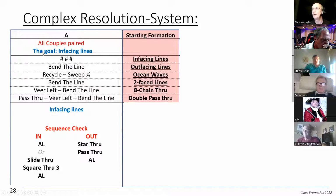When all couples are paired, the goal is a facing line. Of course, you can have a two-phase line. Here is my starting formation. I have a lot of starting formations. Of course, the two-phase line and the bender line are the same as in the system before. But if we have in-phasing lines or ocean waves or double pass-through formation, I don't like to make two-phase lines when I need in-phasing lines. So I have